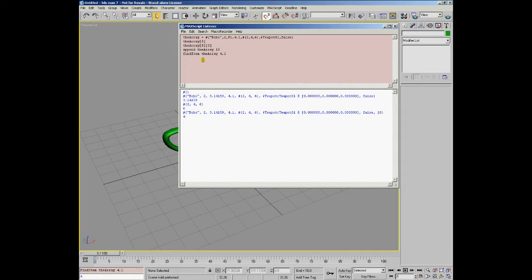If we want to delete the fourth element of an array, for example, we can use the delete item function, the name of the array, and the index of the item to be removed, in this case the fourth element with the value 4.1. After this, the fourth element has been removed and all the other elements have been shifted and renumbered, so now the former fifth element has index